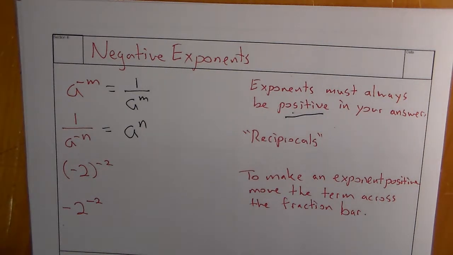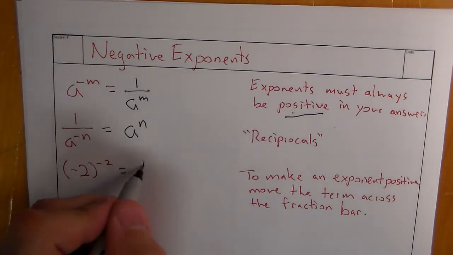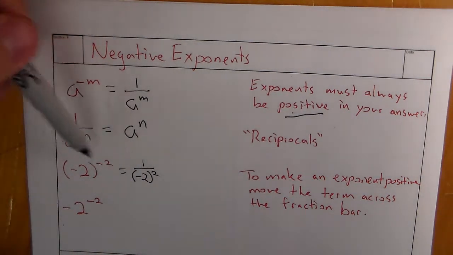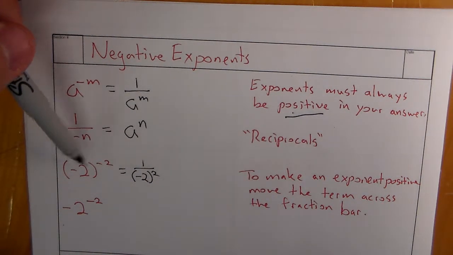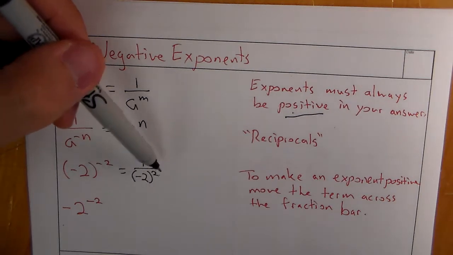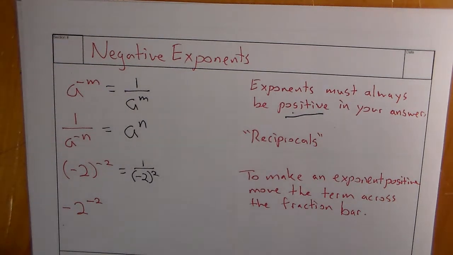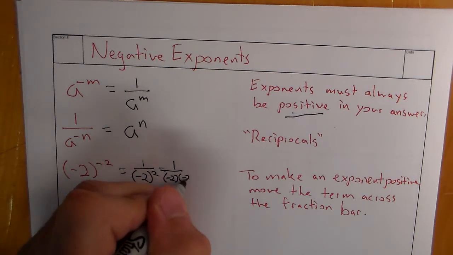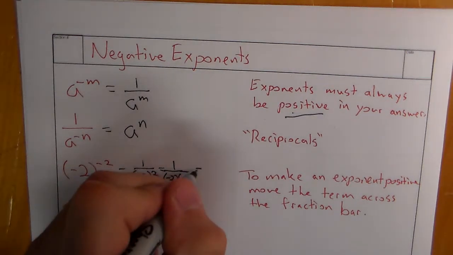We have to be careful as we start to see more negatives show up and make sure we are simplifying correctly. When I look at something like negative 2 to the exponent of negative 2, the first thing I would take care of is that negative exponent, and I do that by taking the reciprocal. And it's important to identify that this is the reciprocal of that value. So it's still a negative 2 in parentheses, but now we have a positive exponent. From here, that's the same as saying negative 2 times negative 2, because you have 2 of them, which gives